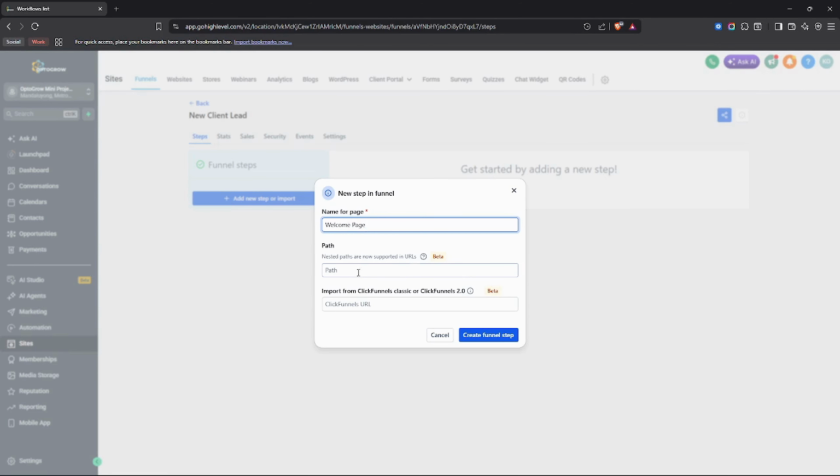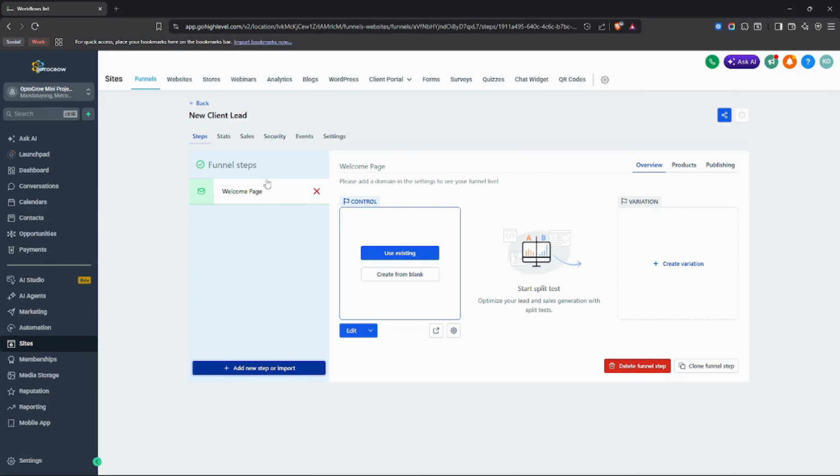page. We can add a path here if you already have one, and then import from ClickFunnels Classic, but these are optional and still beta. So let's start by creating the funnel step, and then we can proceed to editing. Once you create a step, it will display here in the list of funnel steps, and at this right side, in this huge box, you can see a control where you can use an existing template or an existing funnel step,